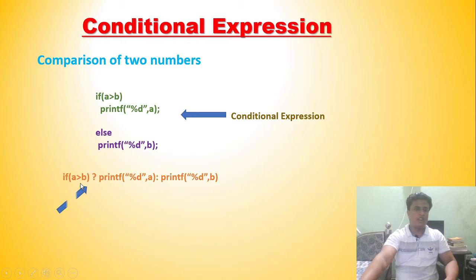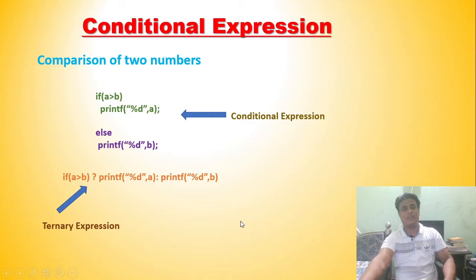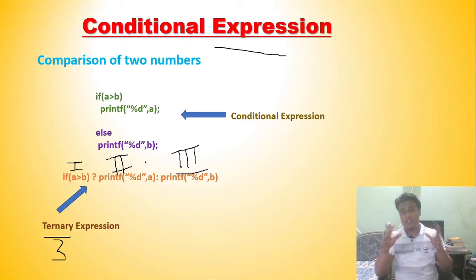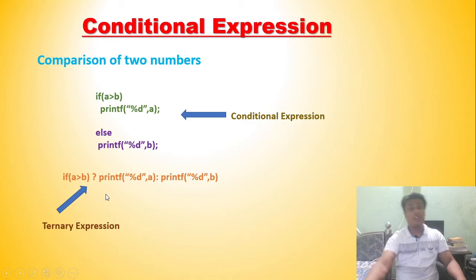So this is the ternary expression. Remember this only. Just remember it from now. I'm not telling you to mug it up. Just keep this point in your mind. Why ternary? Because there are three expressions here. This is the first one. I'm talking about expressions only. This is the second expression. This is the third expression. So hence ternary. Ternary means three. You all know ternary means three. So I hope I made this clear. Okay, so now moving on.